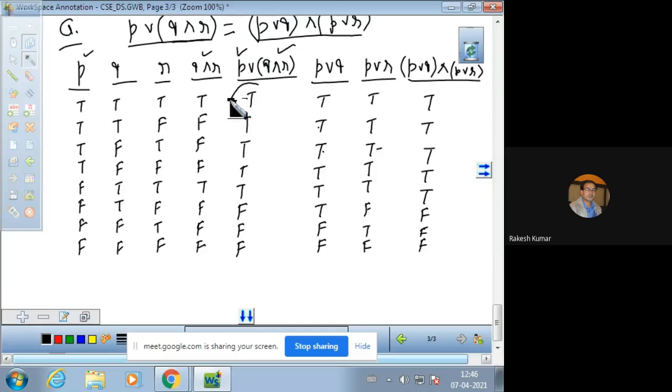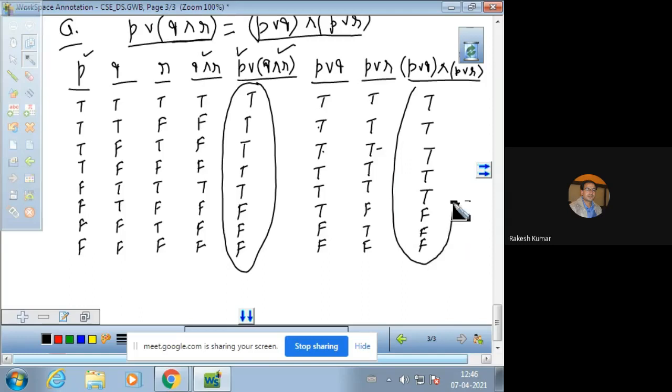Now if we compare this left hand side with this right hand side, you will see that both are logically equivalent. So you can put the sign of logical equivalence between these two propositional statements, because both come out to be logically equivalent. They can ask the question in any way, they can twist it around, and you have to complete it. So you must keep this basic definition and basic concept in mind; on this basis your question will be completed.